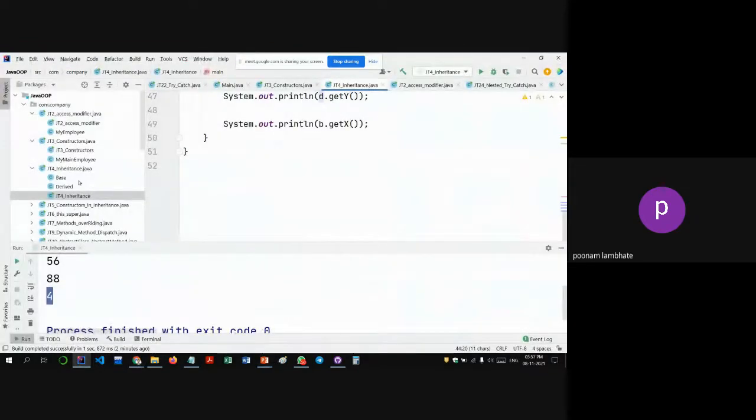Then another important thing that I'll just mention, a theory part: in the case of constructors, if you have base and derived classes,